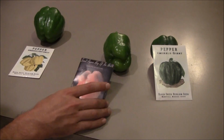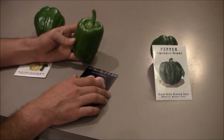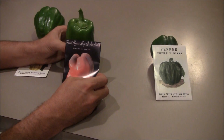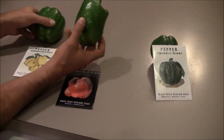Number 2 was the King of the North, okay? And these are not as big, and they're thinner walled. They're just not as big and blocky. They will turn obviously this red again given appropriate weather conditions, which we did not get this year. But these 2 peppers right here